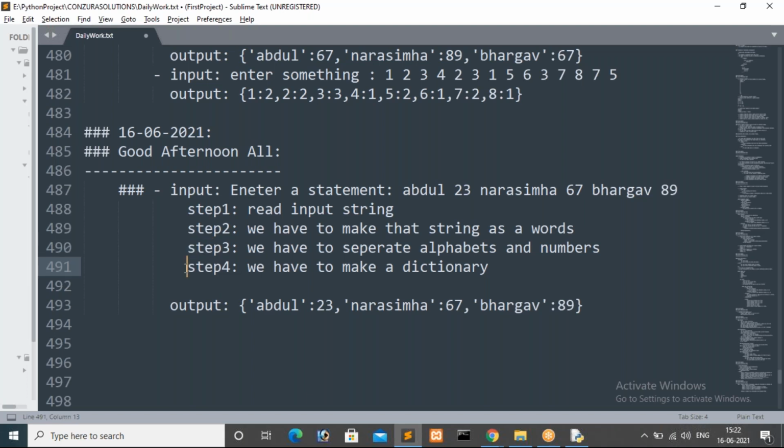Then in the fourth line, so now the third step will complete, we will separate those two different lists. Then in the fourth step we have to make the two lists into a single dictionary. I hope these 4 steps are clear now to you all. I'm just giving the theoretical part, guys. These steps are a part of analyzing. Now it is clear. Now we will see a small program for that.